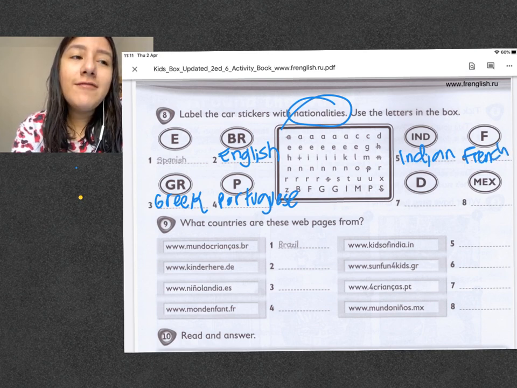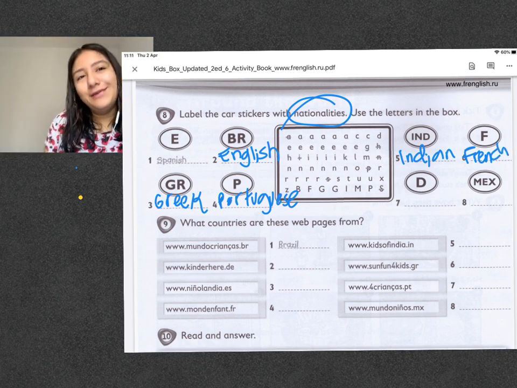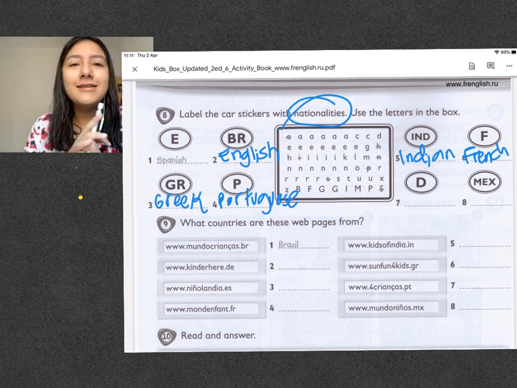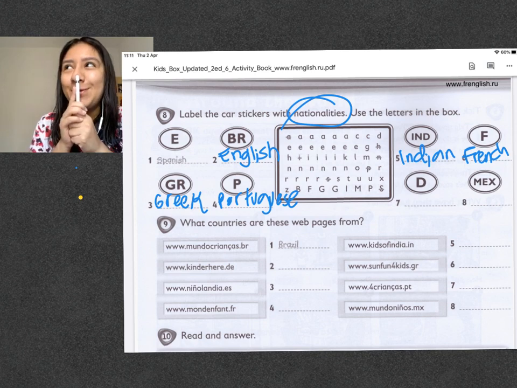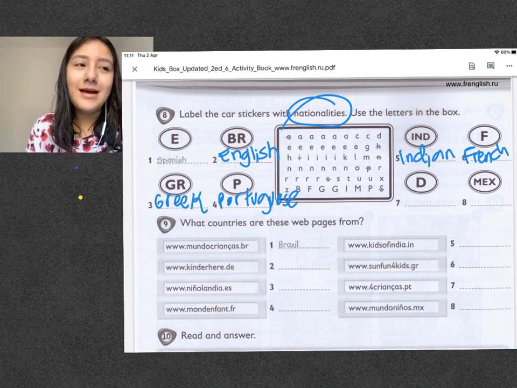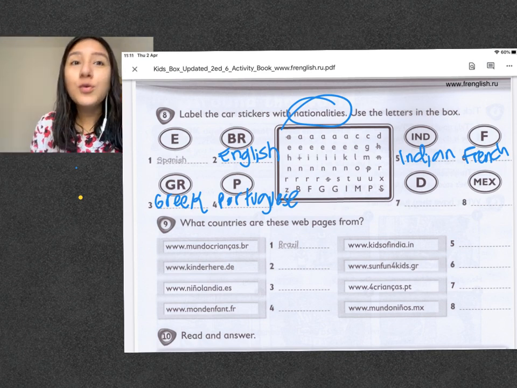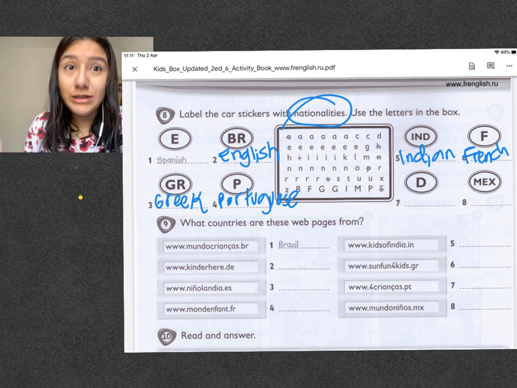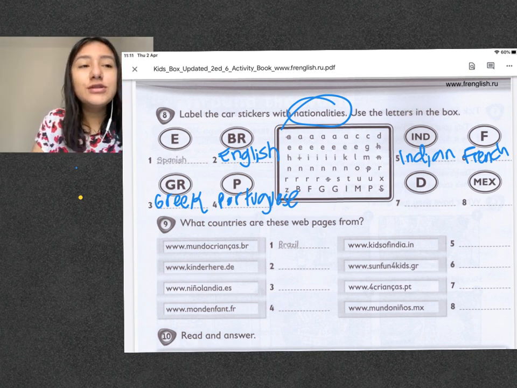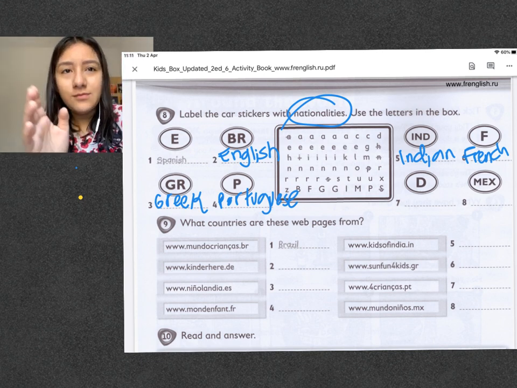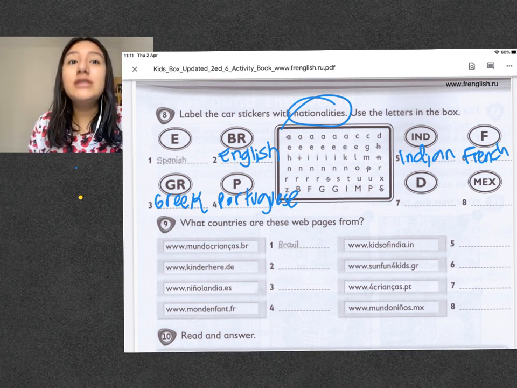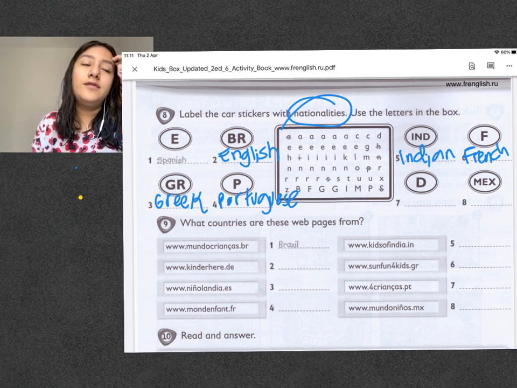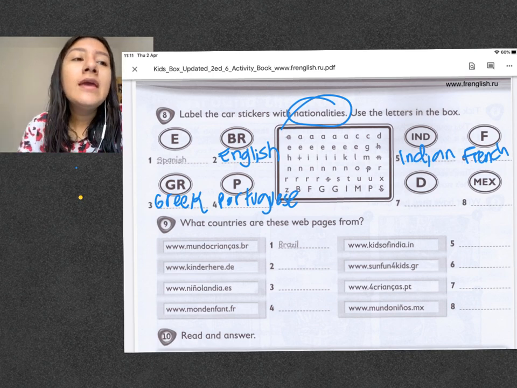Then the number 7, this was a tricky one, okay? Not Dominican Republic, not Denmark, not, what was the other one? I don't remember, but I saw some wrong answers there. It's okay. You had actually to do some internet research to find out some of these. Congratulations to the ones that did it. Most of you handled right answers.